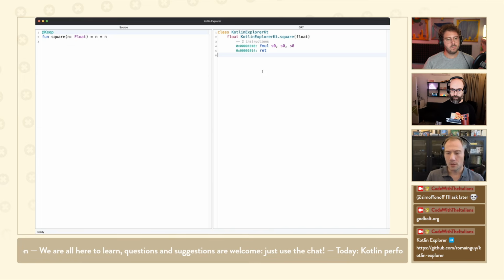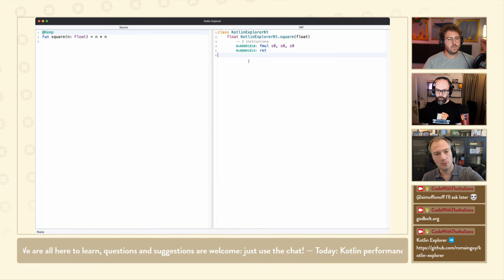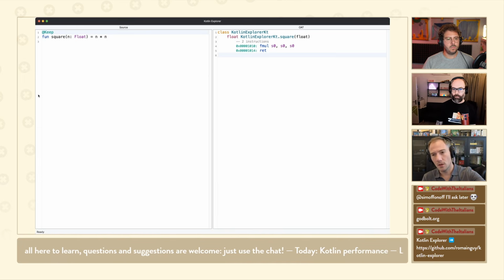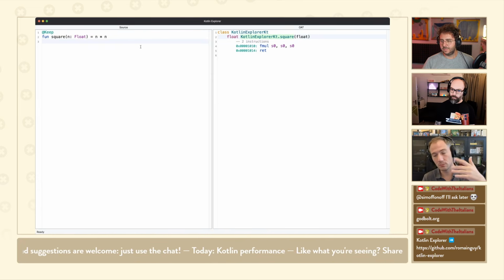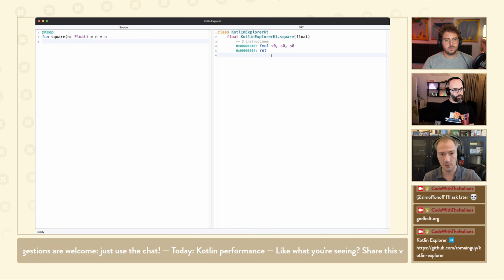Nice. So it's a bit different from what I just showed you on the web because I do more specific syntax highlighting. I clean up the output. It shows you the number of instructions. It's also faster because it runs locally, and also it shows you basically what's going to happen on your device.